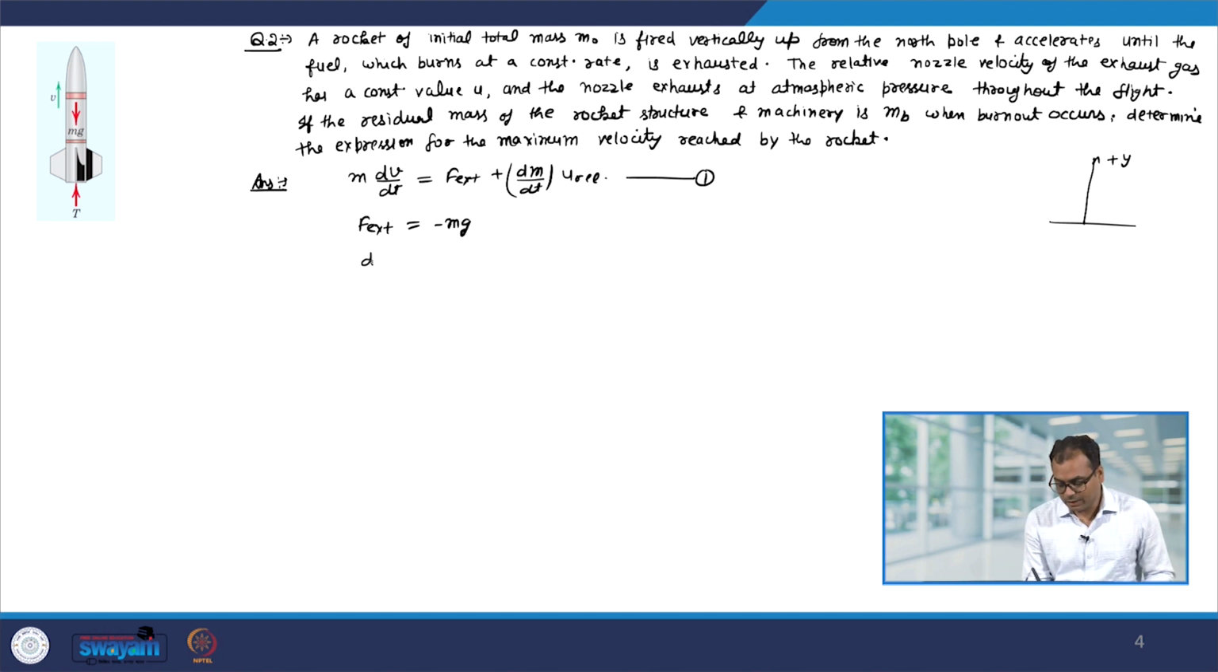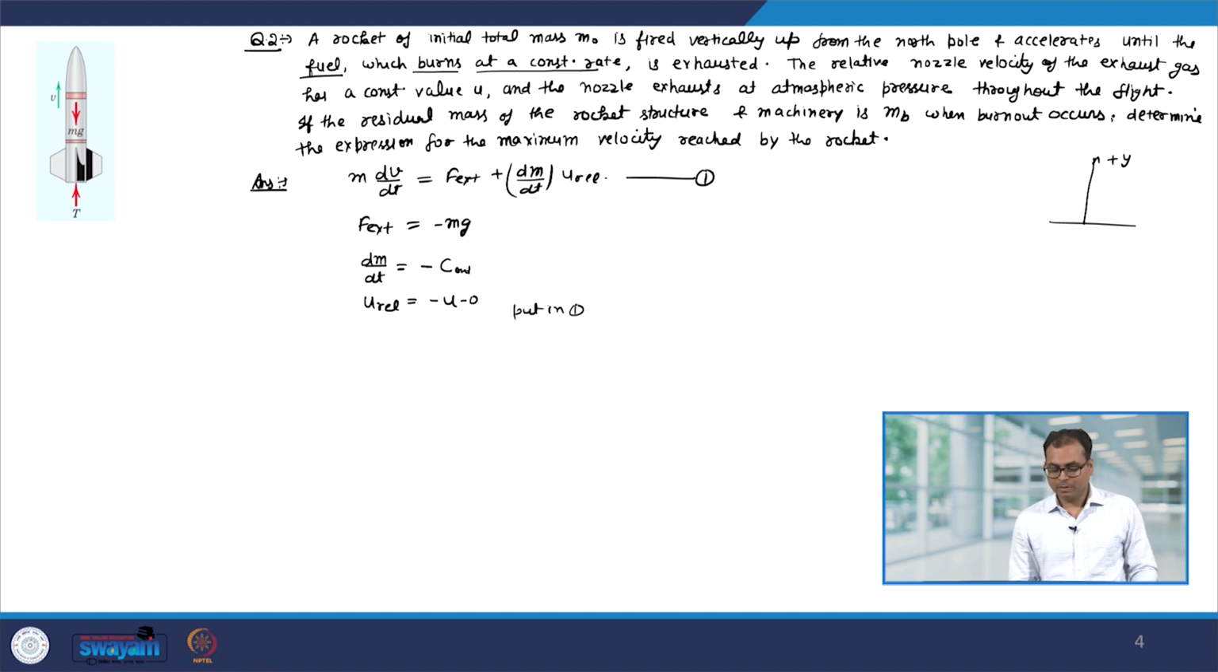Now, dm by dt: it is given that the fuel burns at a constant rate. So, it will be minus, because it is burning at a constant rate, let us call it c or constant. Now, u rel is the relative velocity: the fuel velocity minus the velocity of the rocket. The fuel is going downward, so minus u minus the velocity of the rocket, which initially is 0. So, that will be minus u. Let us put this